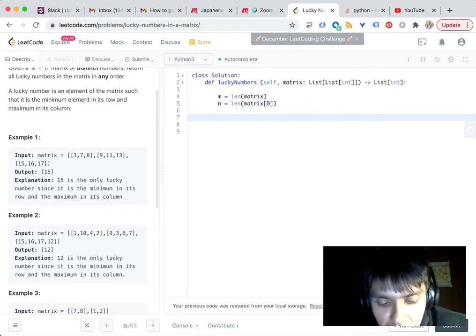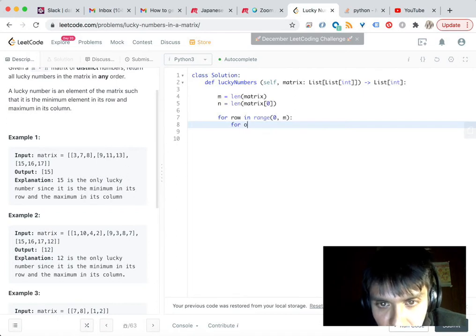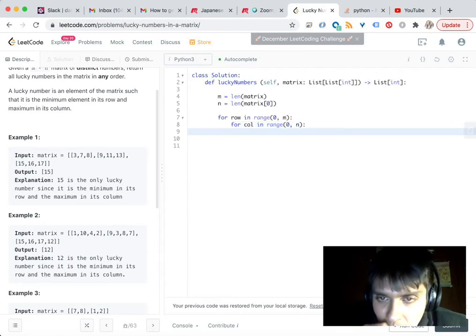So now, the first thing I like to do with these problems, even if I'm sticking to the brute force method, or if I feel like I know the optimal solution at some point, is to still try to get the iteration down, right? First thing you want to do is, let's try for a row in range 0 to m, right? And for col in range 0 to n, we want to,